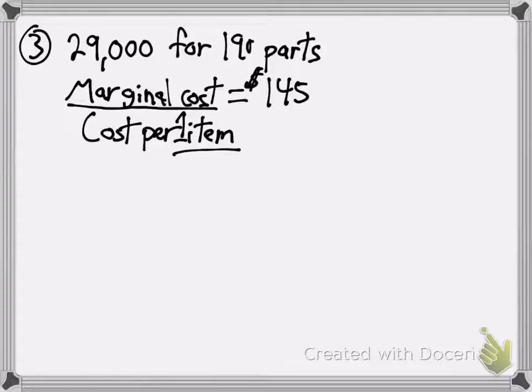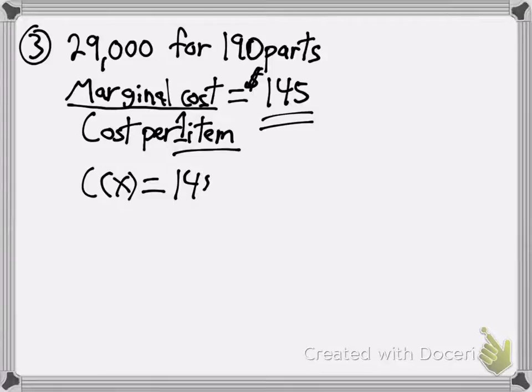So marginal, we'll use that throughout the course. When we talk about the marginal whatever, they mean for just one. That's just like in the last two problems when they said, what's the cost per 1 hour. That's the variable amount, in other words. The cost per 1 hour. So coming back here, 145. That means my cost function that they're asking me for is